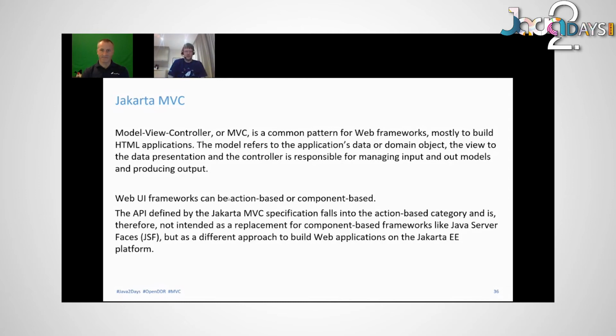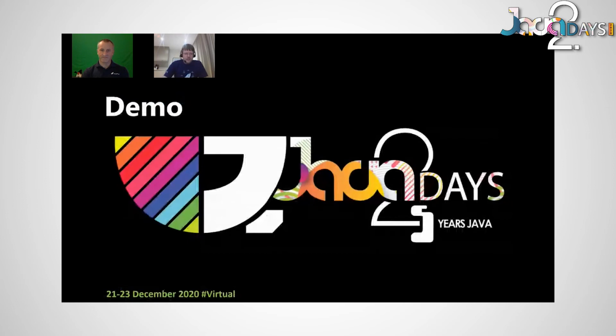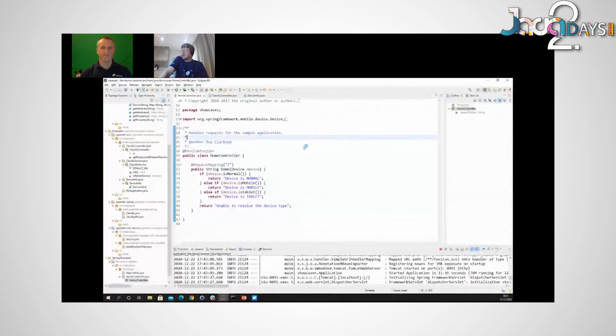So let's look at some code. First, this is the Spring Mobile demo showing the REST controller and the request mapping, and then decision making based on whether it is normal, is desktop basically, is mobile, or is tablet. Eva will show you a few more aspects, but just as a simple